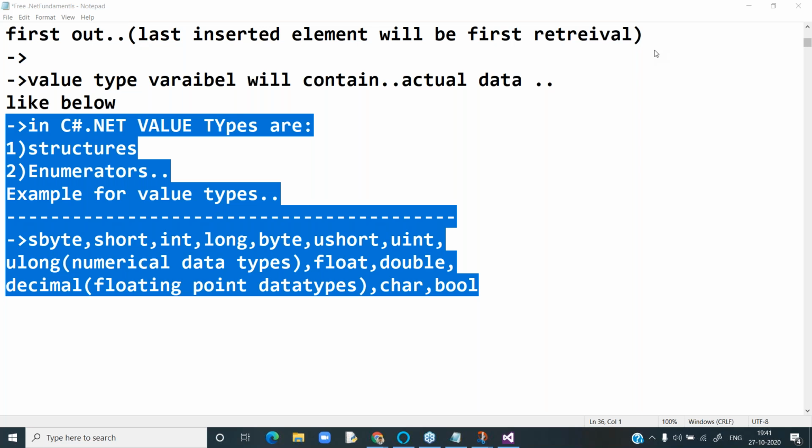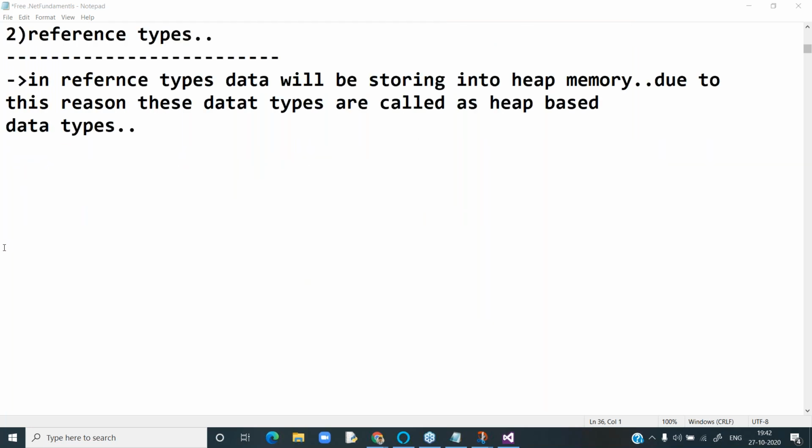Heap represents all the elements as nodes. These nodes are of two types: parent node and child node. A parent node can contain two child nodes.